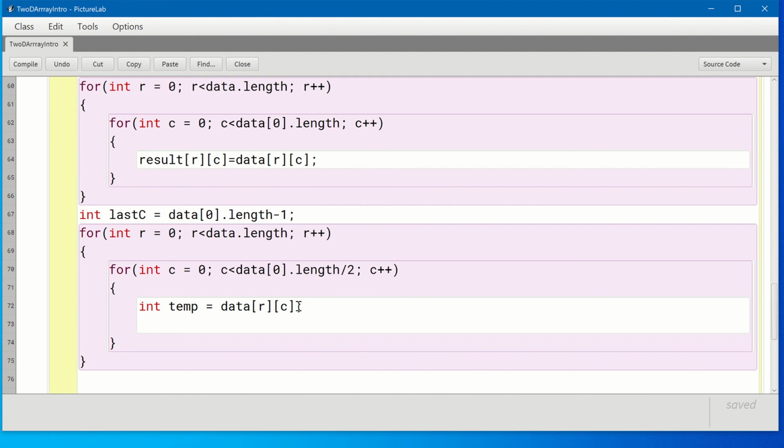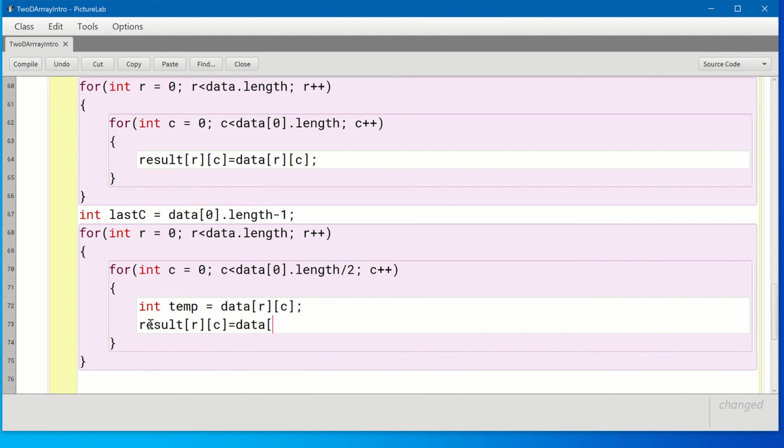I'm going to read its row and its column, and I'm going to say now that result at row and column is going to equal data,